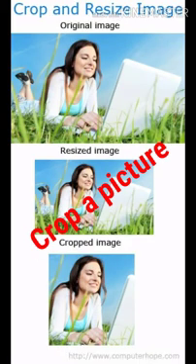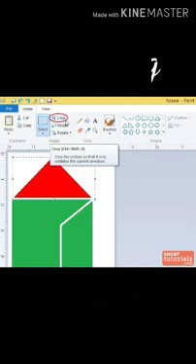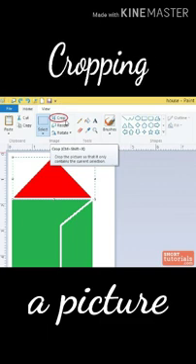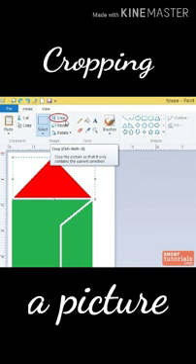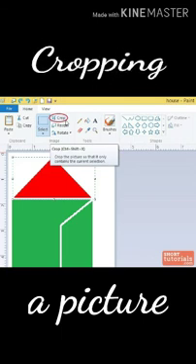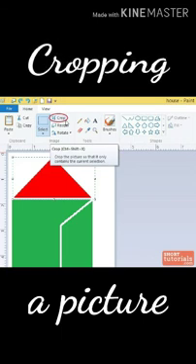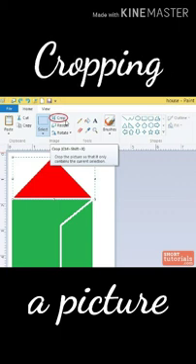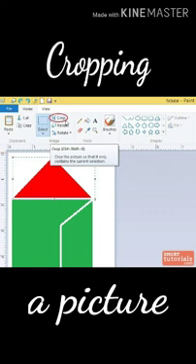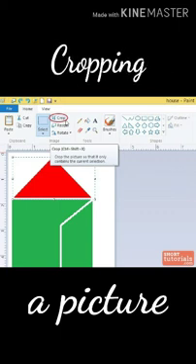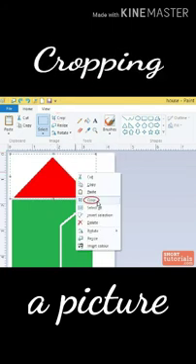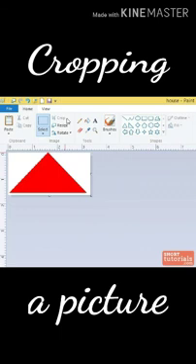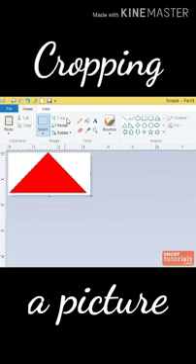Next, let's see how to crop a picture in MS Paint. What's meant by crop? Crop means to remove an unwanted portion of the picture. The crop option is used to keep selected portion of a picture and delete the remaining part of the picture. Simply, it is a way to edit out edges of an image what you don't want. The resulting image will be smaller and may have a new aspect ratio.